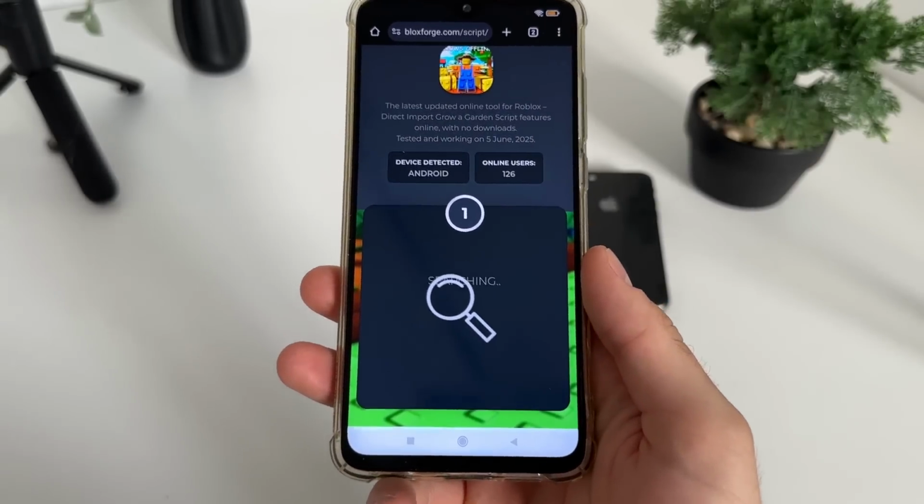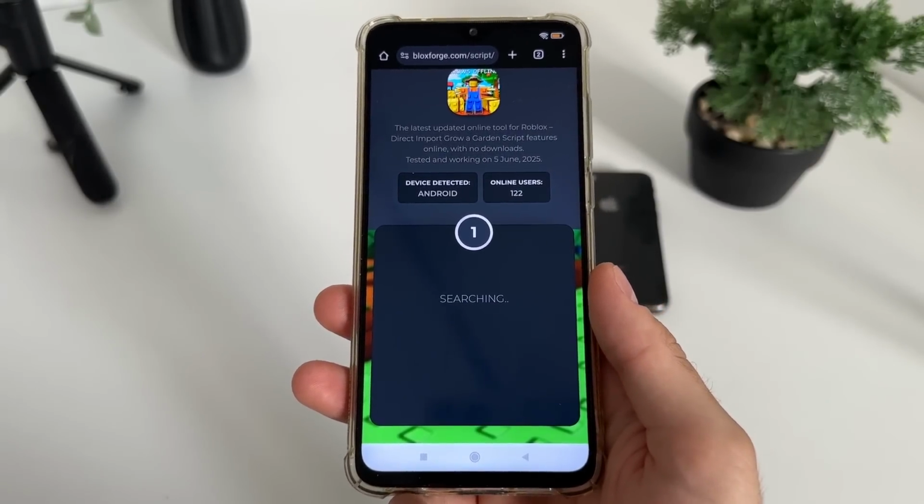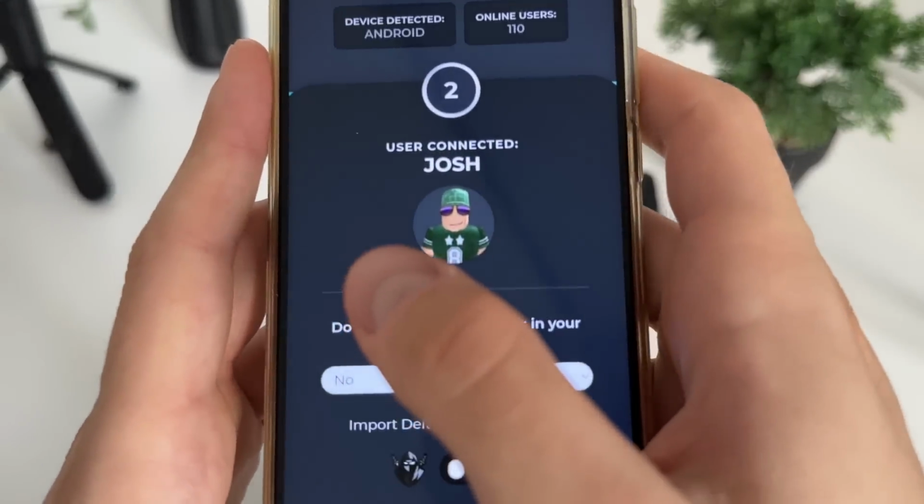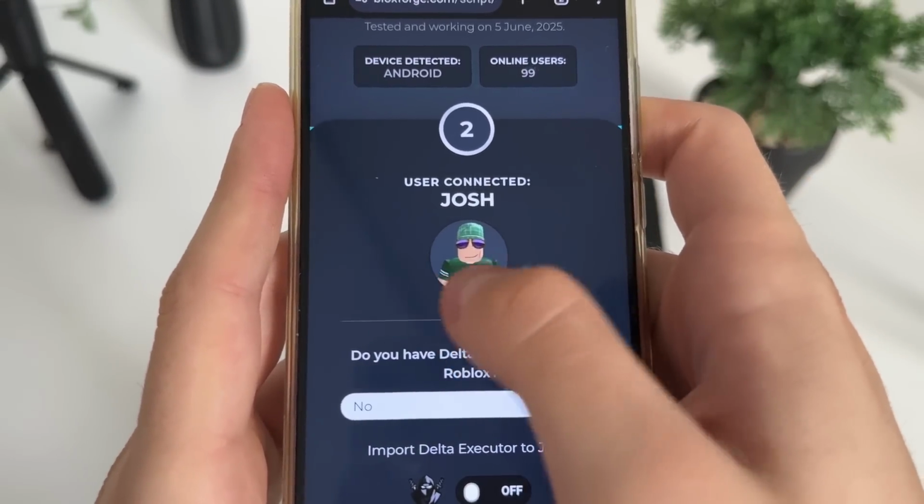So guys, it should search for your user account. So there we go, user found. You should get this message, and now you should get connected like this. It's my name and it's my avatar. So guys,